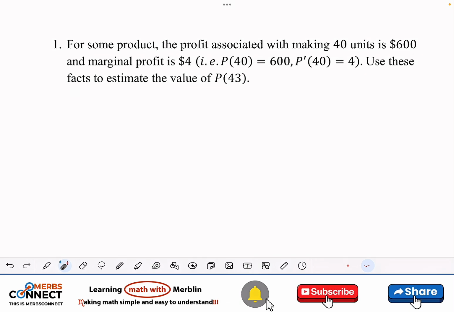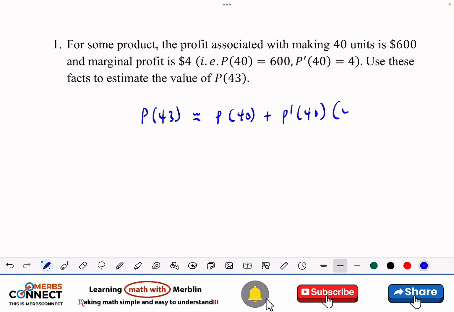Let's start. So we have this question where we have marginal profit, and then we have the P of this one. So they've given us the information. So all we just need to do is look for P of 43. So let's use the approximation. P of 43 is approximately going to be equal to P of 40 plus P prime of 40, then 43